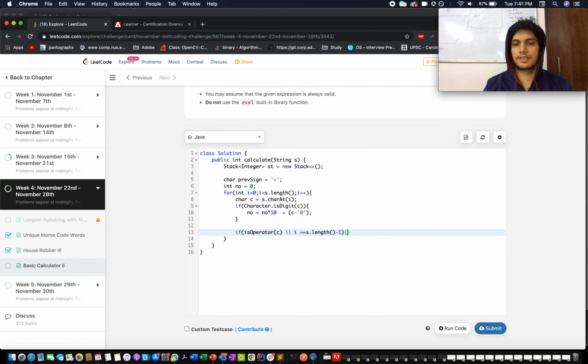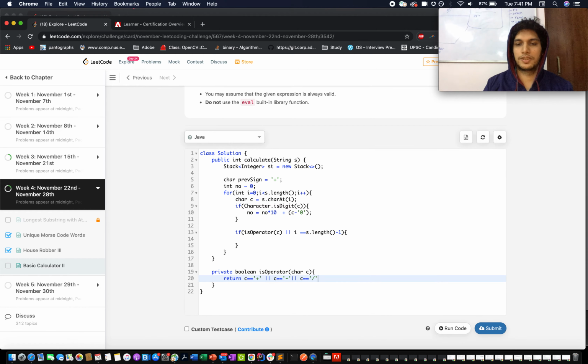So let me just define the private helper method that tells whether the current character is an operator or not. Return c equals plus, or c equals minus, or c equals division, or c equals multiplication.